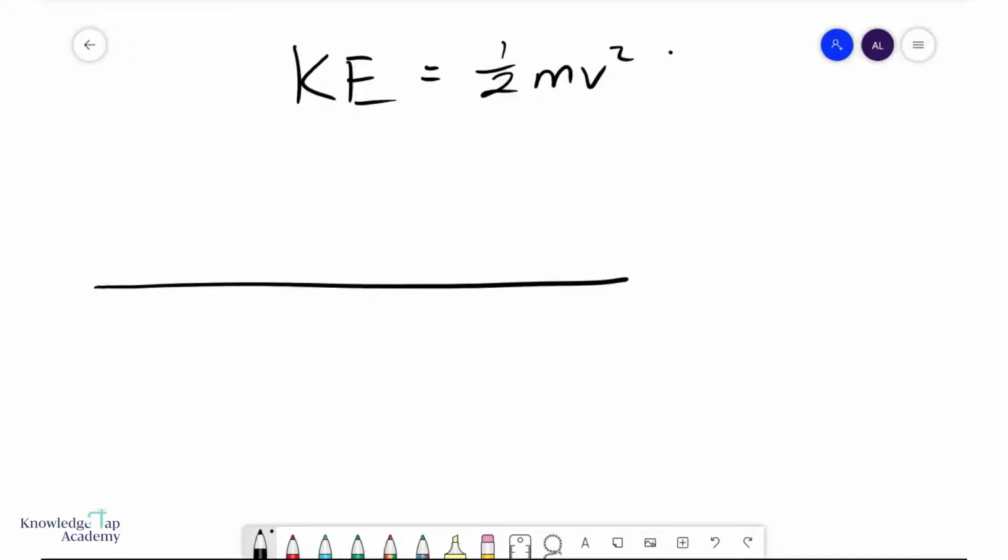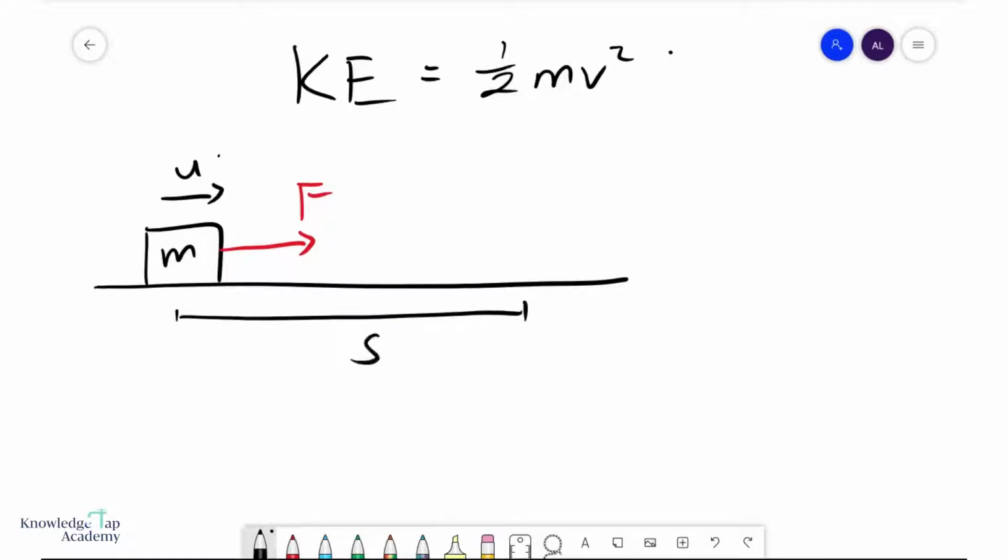Let us derive the expression for kinetic energy, which we know is the energy a moving object possesses, and it's calculated as half mv squared. Now, let us consider a mass m with some initial speed u, and I'm going to apply a constant force F on it over some distance s, and by the time it reaches its destination over here, its speed would